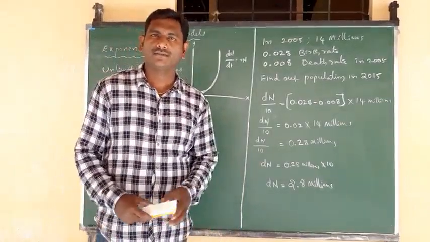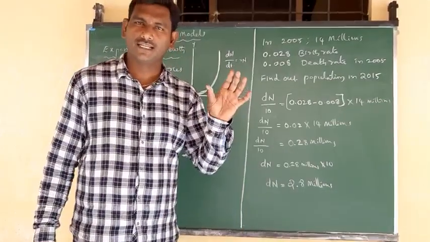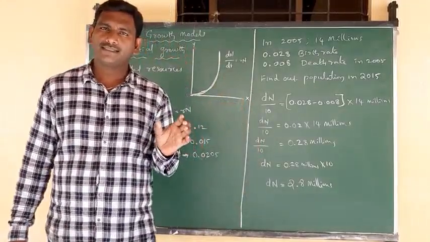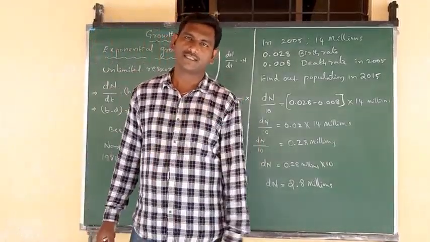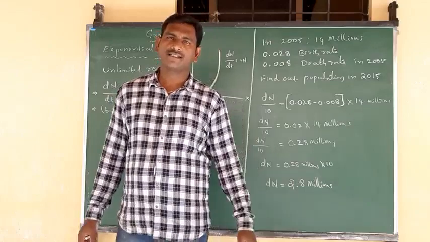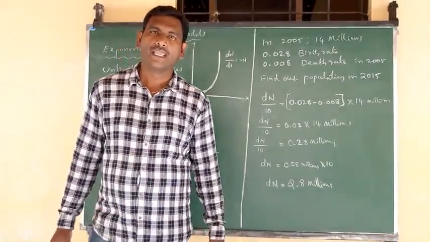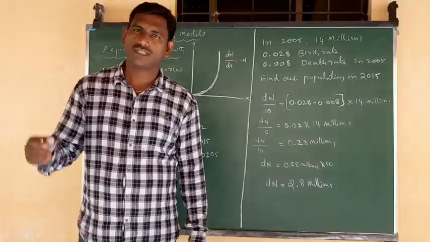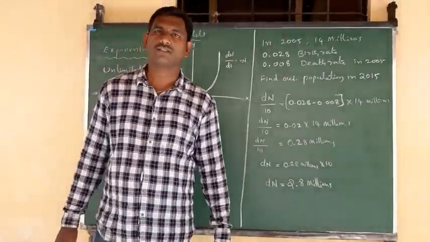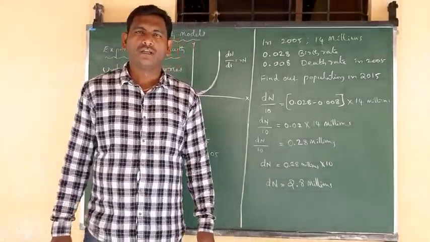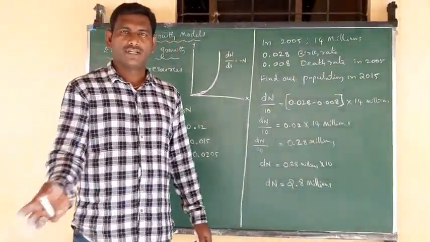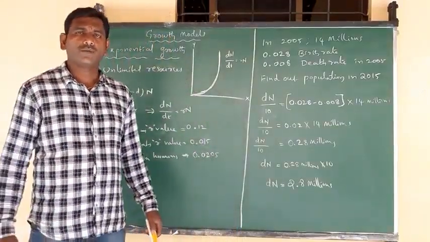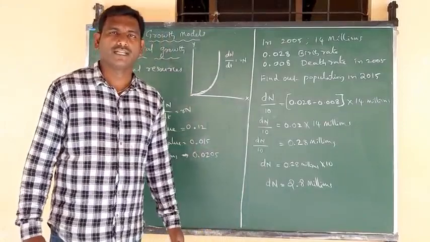For natality, the letter is capital B. Here capital B represents natality, whereas death is commonly known in a population as mortality. That mortality is represented by capital D. Immigration is with capital I and emigration is with capital E. Now all these letters represent natality, mortality, etc. Yesterday we completed population size, that is nothing but population density.